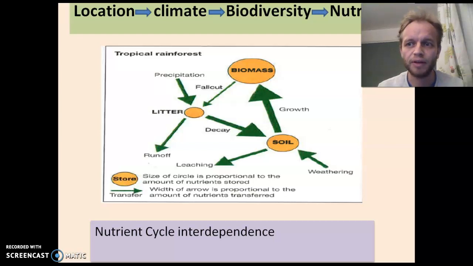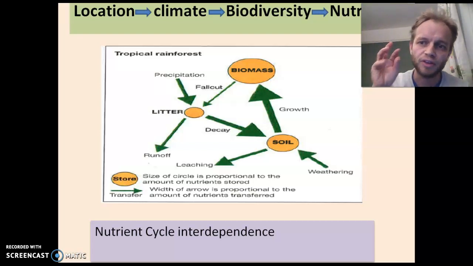We want you to think about that, and that's the really important message within this unit: because of this interdependence, we can't destroy certain parts of it. It's very difficult for it to recover. So in your booklets, we're asking you to first describe the tropical rainforest nutrient cycle. So think about the sizes of these stores, so the biomass, the